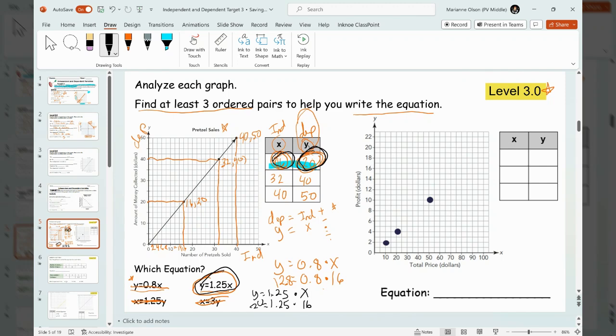Now let's go over to our other graph over here. And all this means here is that number of pretzels will increase at a rate of 1.25 to make the amount of money you need to collect. So let's look over here at our other graph. Let's go ahead and read it. So again, we have total price, we have independent, we have profit dependent. So that's our x. Our x again is independent. We're going to label the table 2, and our y